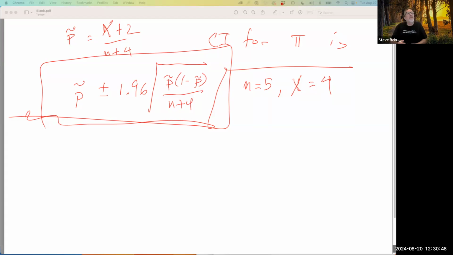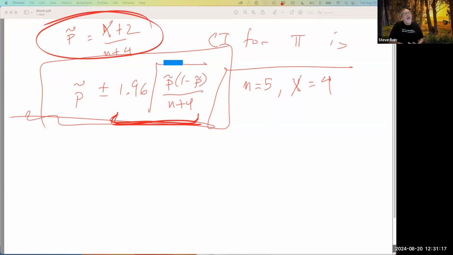Okay, so the question I saw in chat is, why is the denominator n plus 4? The reason boils down to this: from the page past, if you try to solve for that unknown value pi from that quadratic form of the equation, you end up with a value for pi that looks like that. And so we're going to use that as our estimator. So, n plus 4.